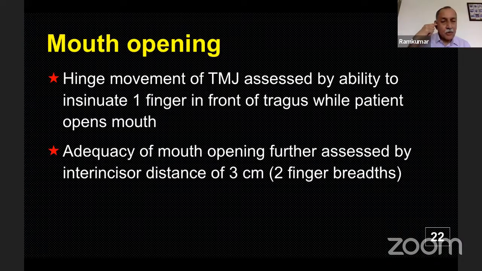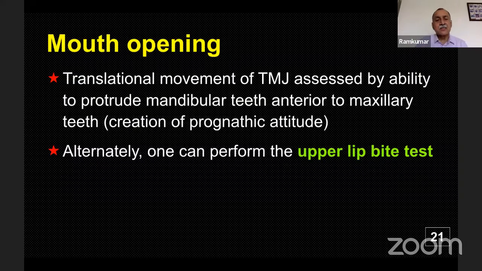while the patient opens the mouth. The adequacy of mouth opening is further assessed by the ability to place two fingers, or approximately 3 centimeters, between the two incisors. The inter-incisor distance or the intergingival distance of at least 2 finger breadths, approximately 3 centimeters, tells us that we are on the right track. So one finger in the temporomandibular joint, 2 fingers in the inter-incisor space, and the final thing is looking for